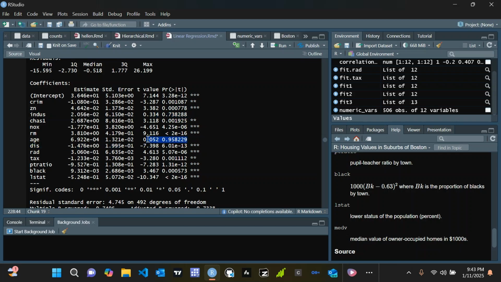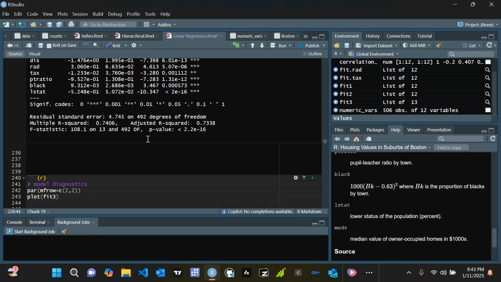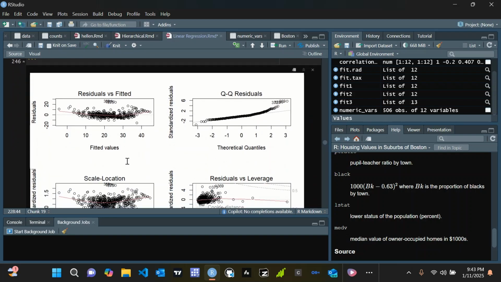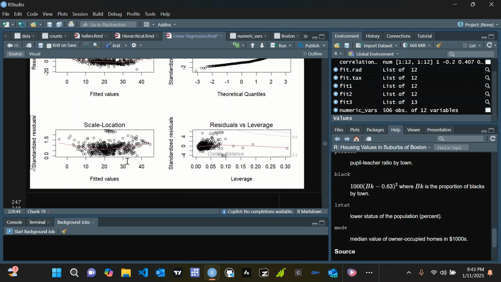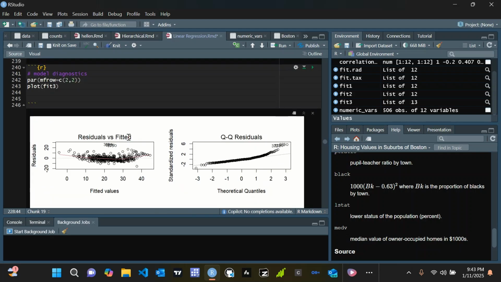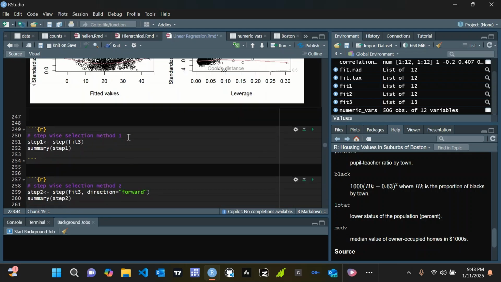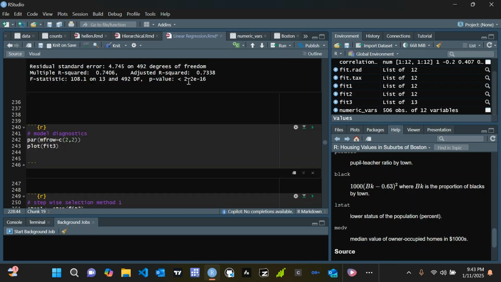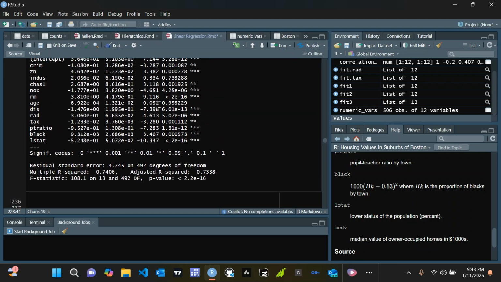Now age is not significant either. So we could do model diagnostics again, and we see it improves, but not so much. So let's now do selection of variables to include in the main model, and see how to take out